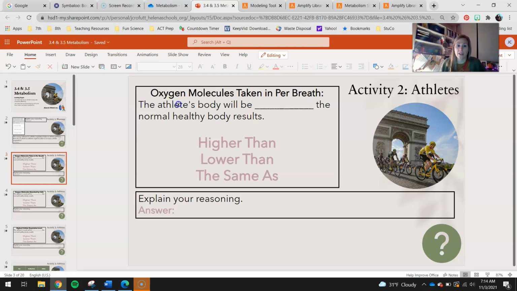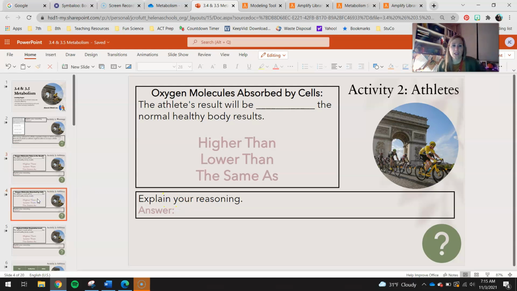So the normal athlete's body will be, you are either going to circle higher than, lower than, or the same as the normal healthy body results. So do you think an athlete breathes in more oxygen than a regular human? Okay, and then explain why. This is oxygen molecules absorbed by cells. So this is oxygen that gets moved from our lungs through our bloodstream and then into our cells. So the athlete's result will be, again, higher than, lower than, or the same as the normal healthy body results,